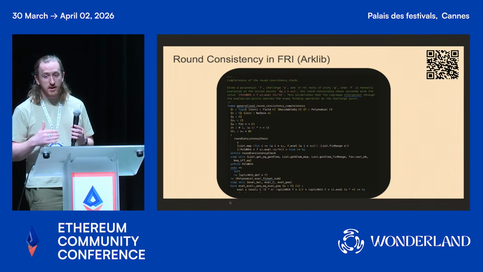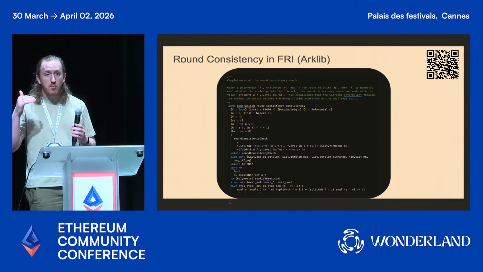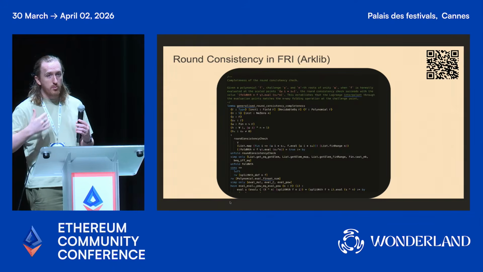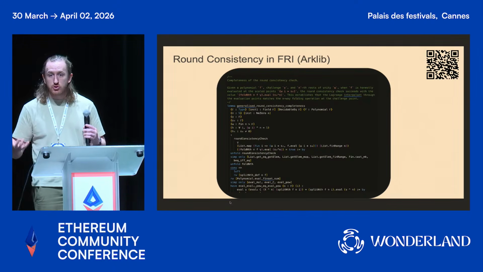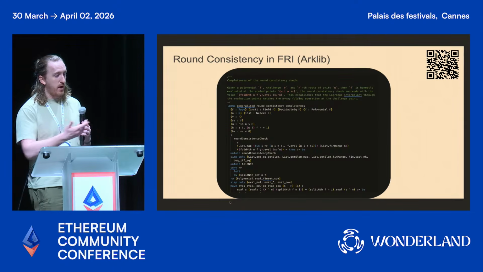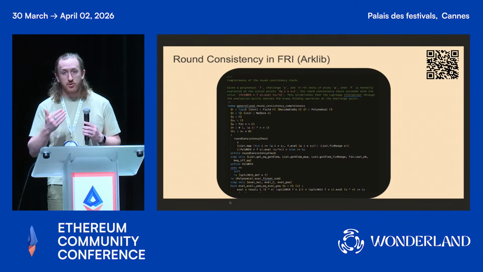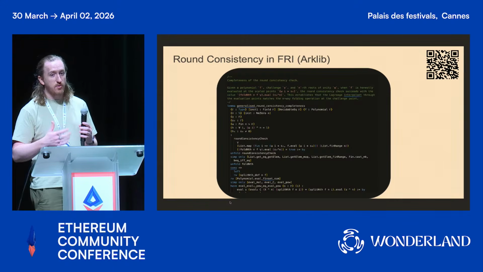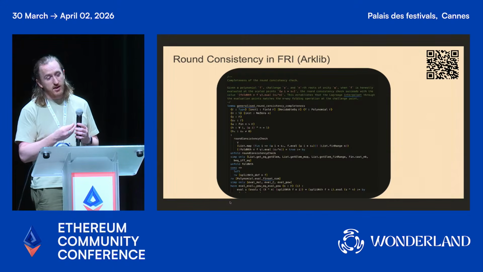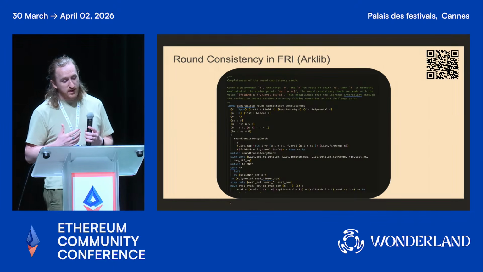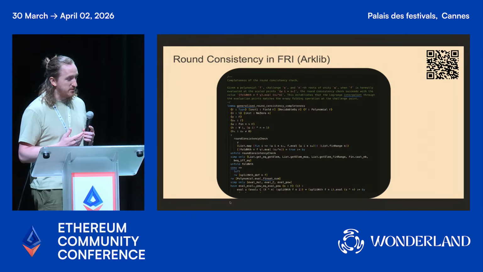So in the case of ArcLib, there is kind of a multi-tiered approach. On the base level, we have a formal description of how a proof system should work. And above those, we have checked our description to be correct with theorems like this that check, for example, our description of how rounds should execute in FRI is correct, that it takes correct inputs and it says correct inputs are consistent.